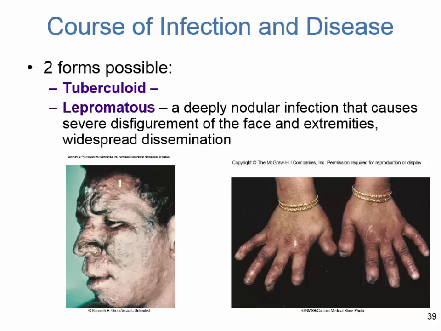And so this disease, literally, it's just a draw of the cards. Everybody's immune system is different. The T cells will respond differently from person to person. And if you have a robust immune response, you'll have tuberculoid leprosy and have shallow lesions. If you have a slightly different altered response, you then result in lepromatous leprosy. And this has been studied in quite detail. And so this is because the bacillus is going to go deeper into the body. And when it goes deeper, it's going to be able to penetrate those dermal tissues and cause the nodules and